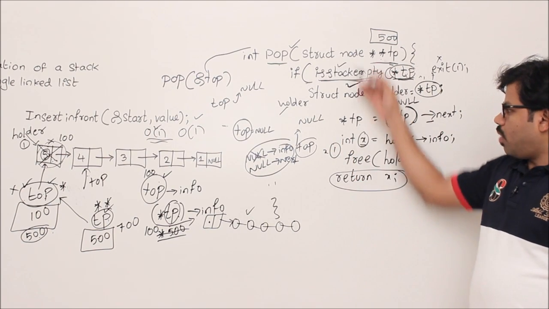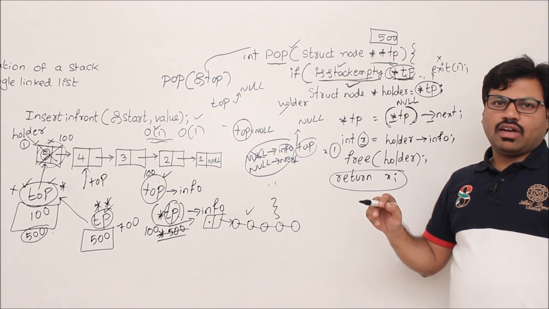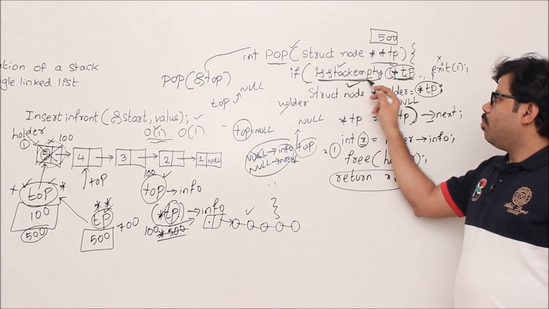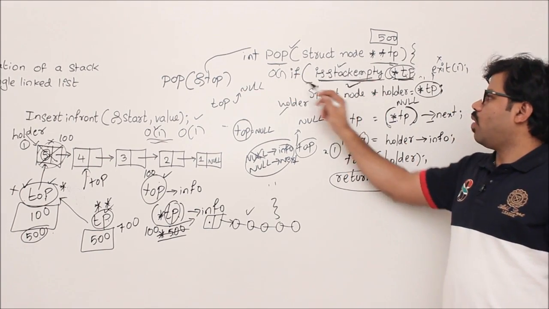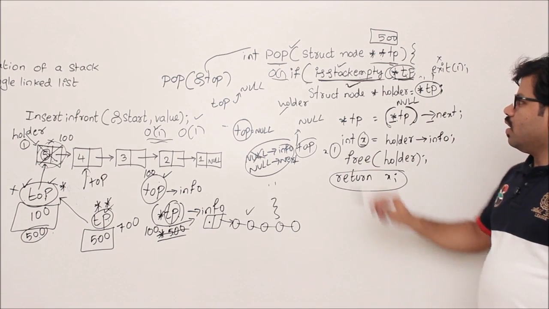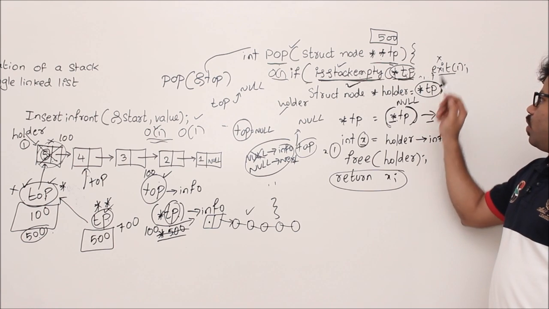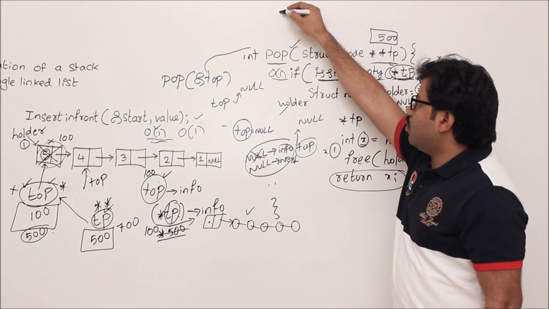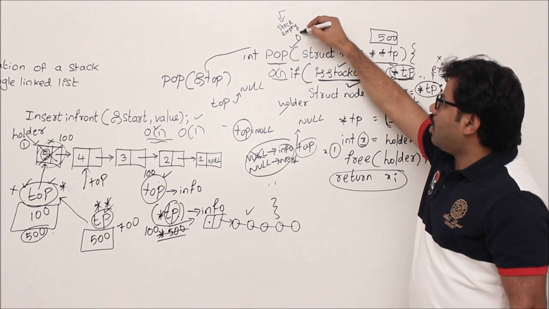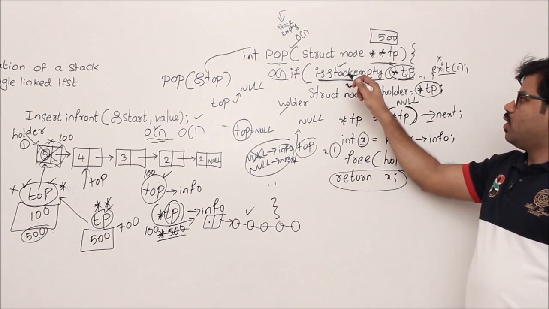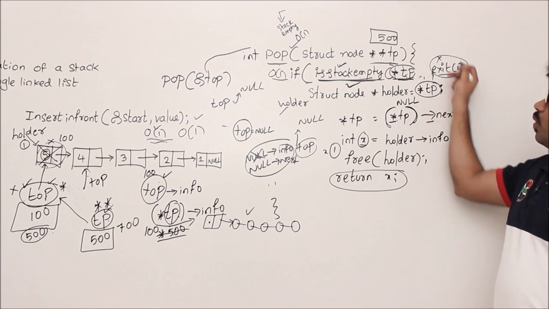Now whereas pop, we'll see. First you should know the eStackEmpty time complexity. I am going to implement eStackEmpty in order of one time. So just assume that eStackEmpty time complexity is order of 1. Then if you see, in case number 1, the stack is empty, what happens? Then we exit the program. It takes constant time. Let me note it down. When the stack is empty, in that case you are taking only order of one time, because to check whether the stack is empty or not, you take constant time. After that, some more constant time to exit the program.